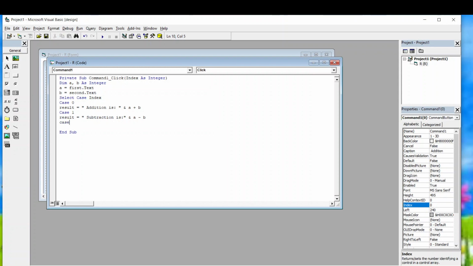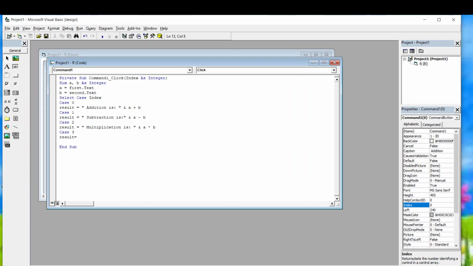Likewise, write the code for the remaining cases. Result equals to multiplication is, ampersand a asterisk symbol b. Enter. And my case 3, enter.